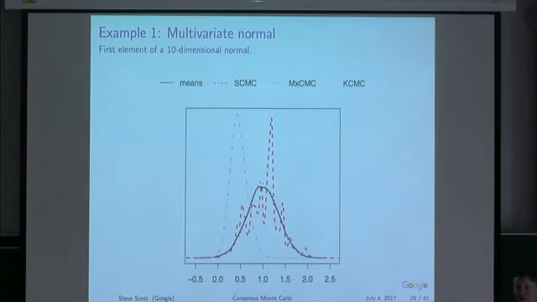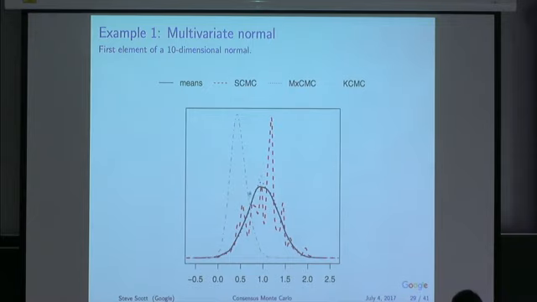In 10 dimensions, things start to break down, right? So here, the black line again is the right answer. The particles are sort of bouncing around the right answer, but what usually happens with particles in high dimensions is that all the weight falls on one particle, and they get too concentrated in order to describe the full distribution, right? Interestingly enough, the kernel density estimate fails, right? In 10 dimensions, the kernel density estimate fails even for a multivariate normal, right? And so we end up with the center and the scale both wrong for this estimate.